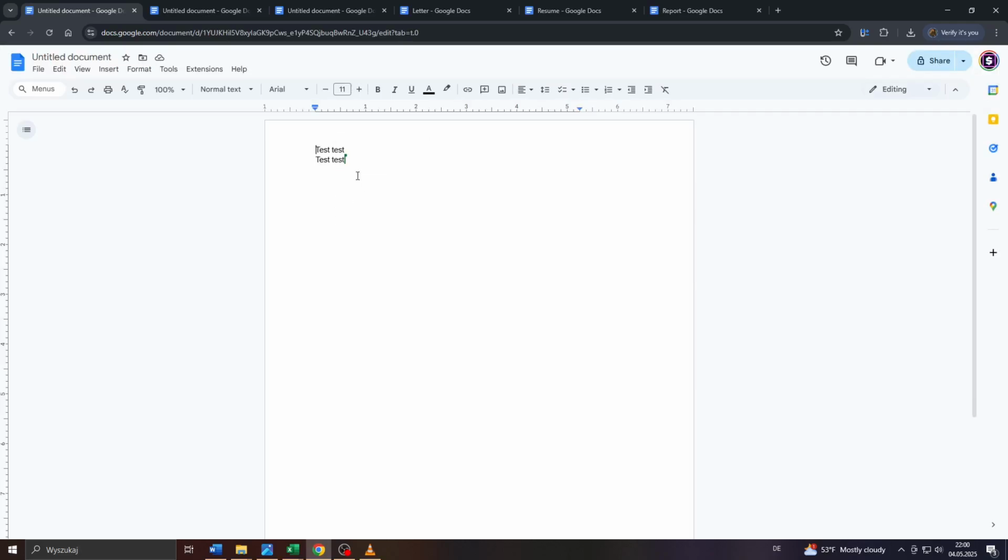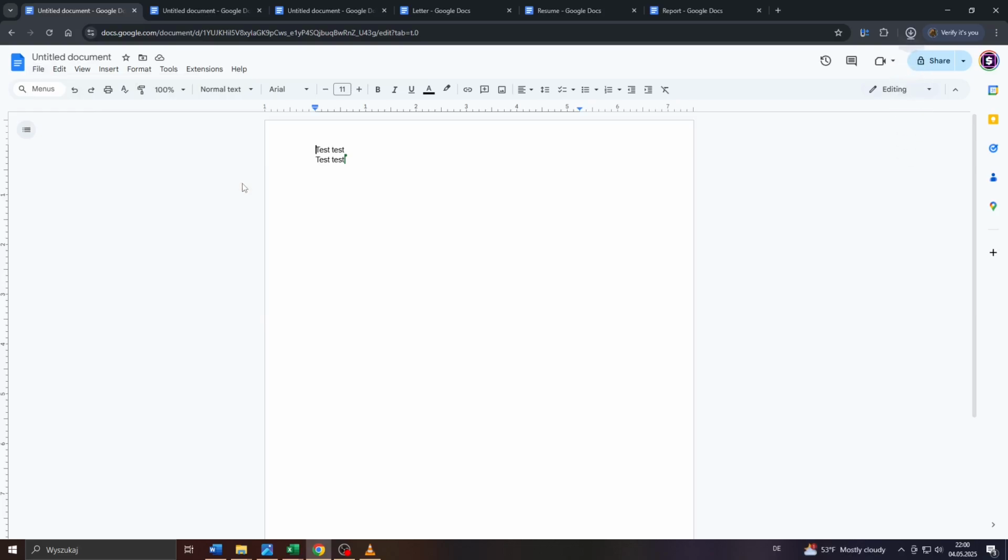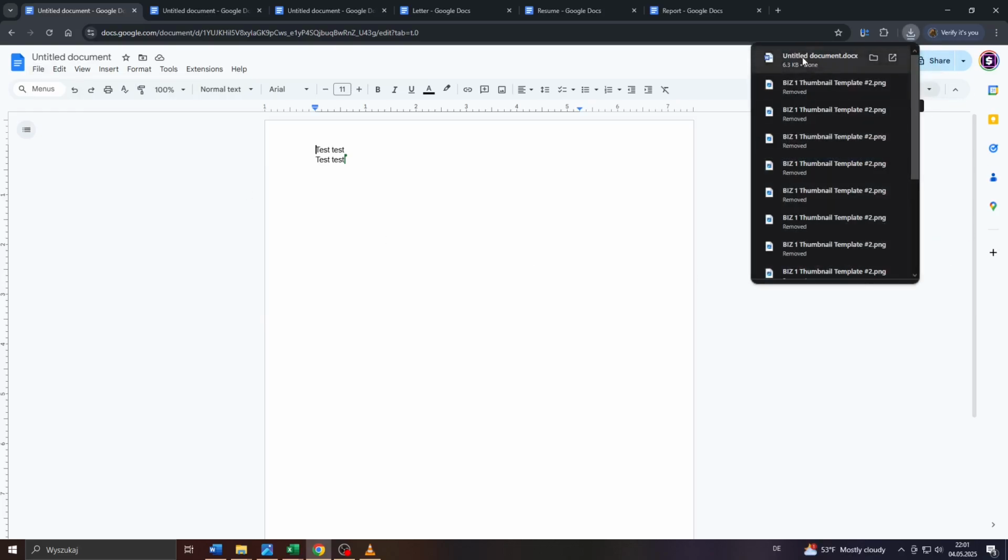That's one option. The other option, guys, would be to simply save your document, for example, as a PDF or doc file on your computer or device. To do that, simply click on File here in the top left, hover your mouse over Download here, and select your output file format, like for example Microsoft Word, or for instance PDF, web page, HTML, and so on and so forth. So simply select your output file format, wait for the download process to be finished, and after that